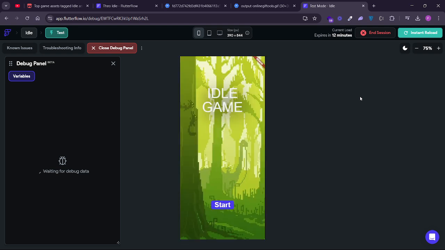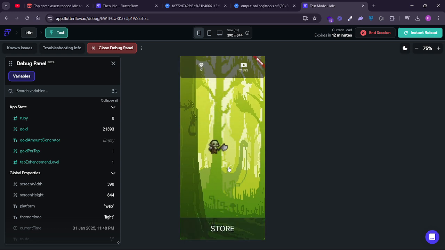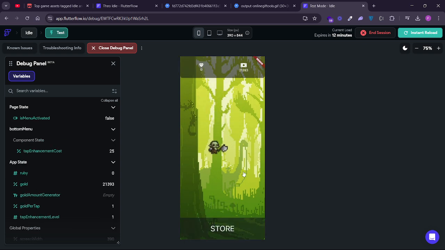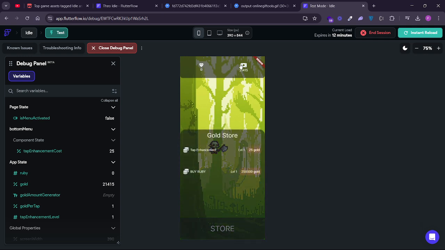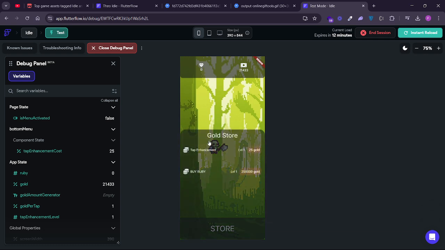You can, as I said, include more wallpapers. You can simulate different worlds if you prepare animations, and in the background a better place and a better character. You can include movement like it's running, and a constant animation below simulating a ground. So we increase the gold, and if we open the store,